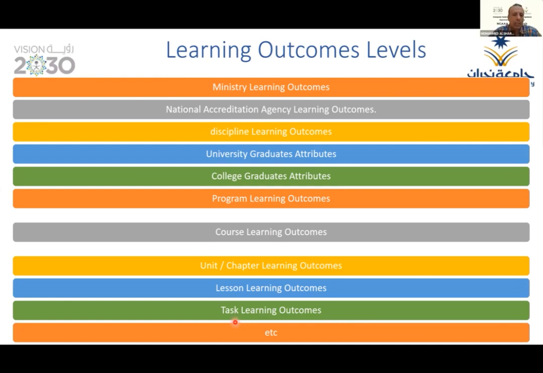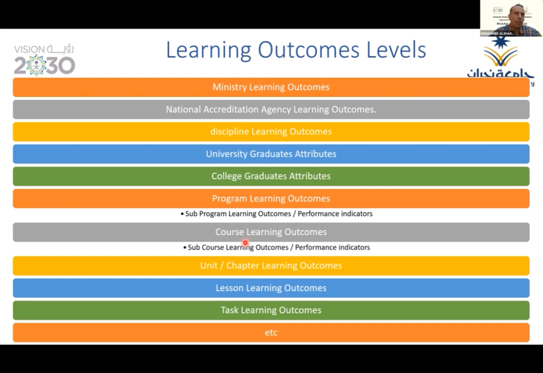In the program learning outcomes, sometimes we have what we call performance indicators, which we are using in our college. For the computer science program and the information system program, we have performance indicators for the program learning outcomes. Currently, CS in the current plan, not the updated plan, has 11 program learning outcomes. For each of these 11 learning outcomes, we have specific performance indicators. Totally, we have 33 performance indicators.